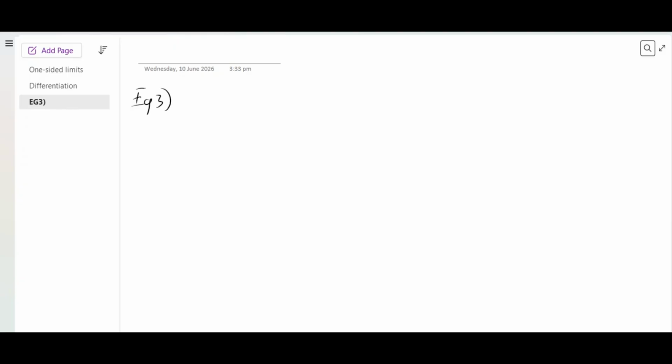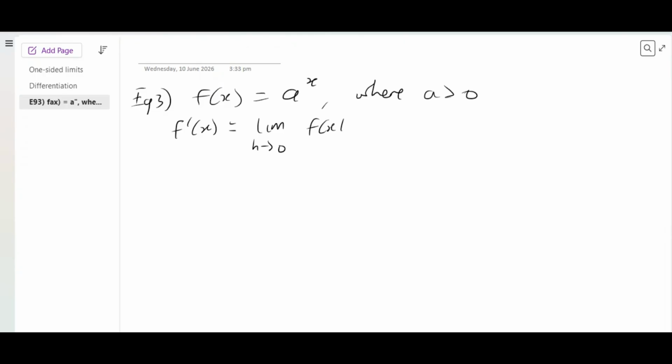let's look at f of x equals a to the power x, where a is greater than 0. Alright, so f prime of x will be equal to the limit as h approaches 0 of f of x plus h minus f of x all over h. So this is going to be the limit as h approaches 0. Now wherever I see x, I'm going to replace that with x plus h. So the exponent will be x plus h, minus a to the power x, which is f of x,